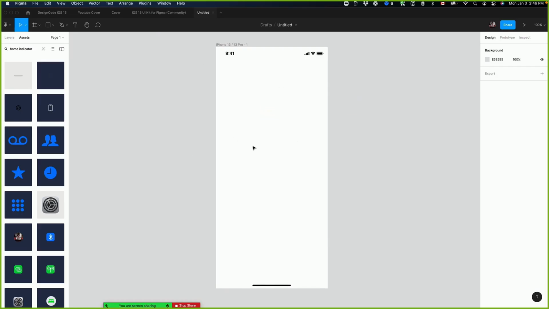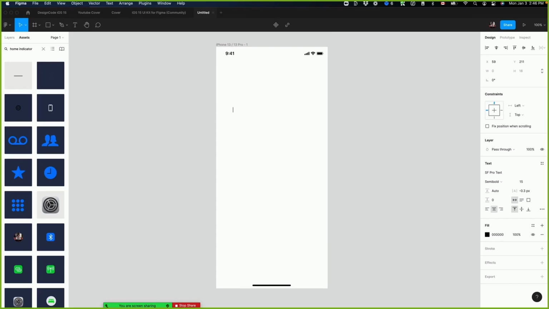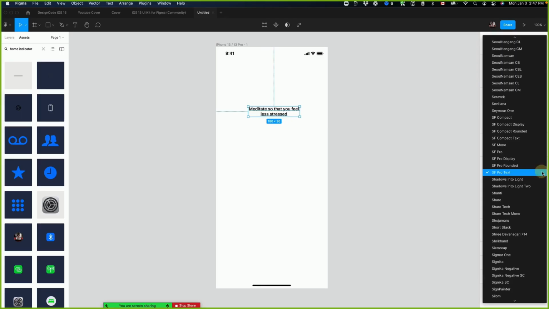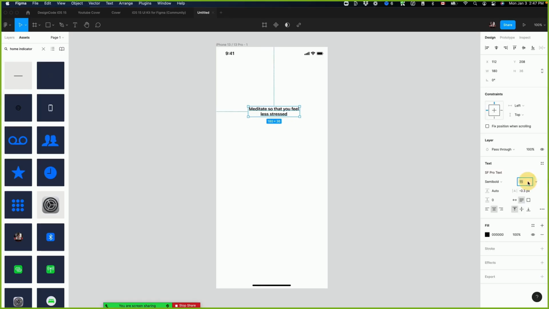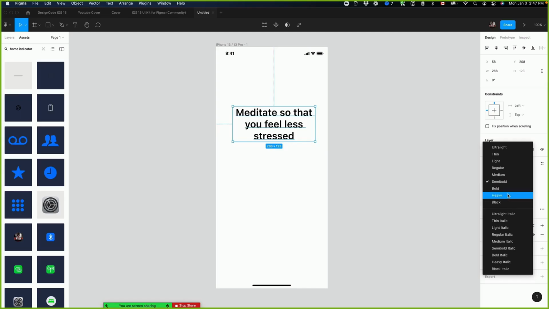Now, what exactly is it that I'm going to build here? Honestly, I don't know. Maybe meditate a bit so that you feel less stress. I'm just inventing ideas on the fly, and this is my working title for now. Because it's iOS, you want to make it big enough. And typically, you would really need to know the specific size dimensions, and going back to the large title, it is something you should know by heart, which is approximately 34 points,